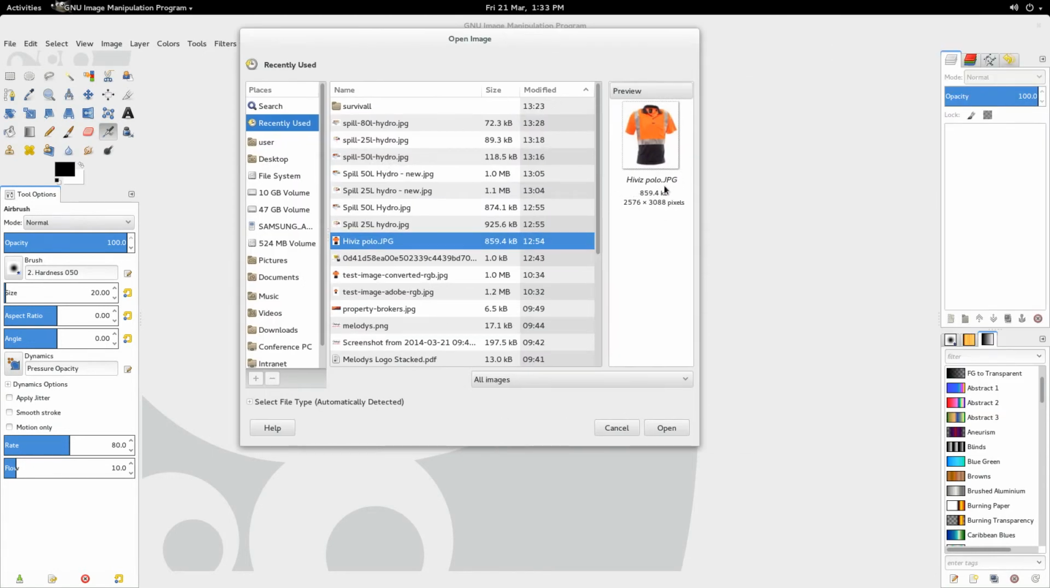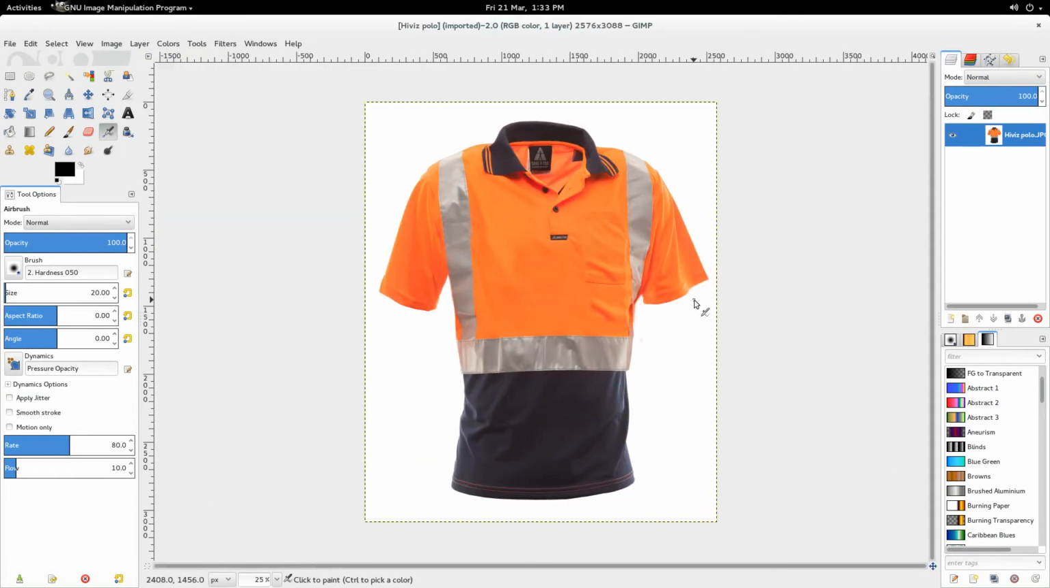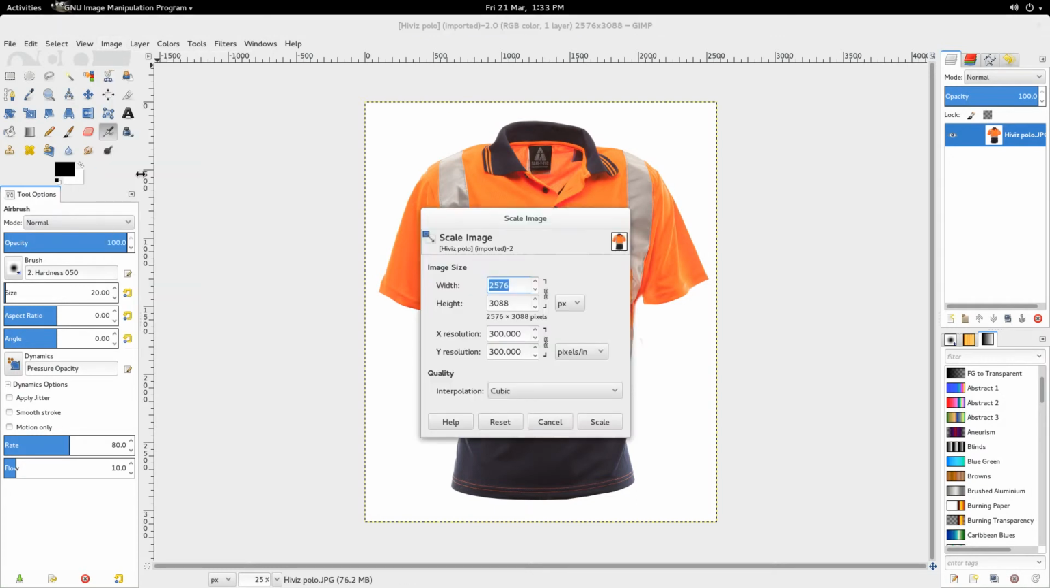It's called highvispolo.jpg. As you can see too, it's quite large: 2,500 pixels by 3,088 pixels. So it doesn't need to be that big. So we open it up, and there it is there. The first thing we want to do is scale it. So you go Scale Image, and in this case, it doesn't need to be wider than 1024 pixels, which is